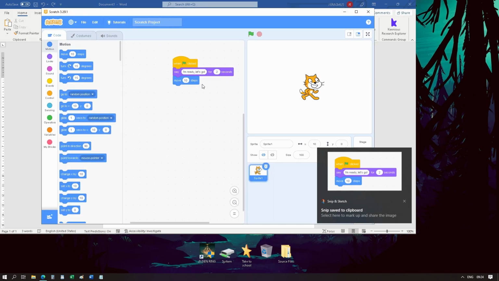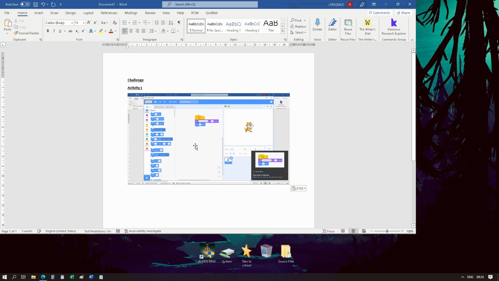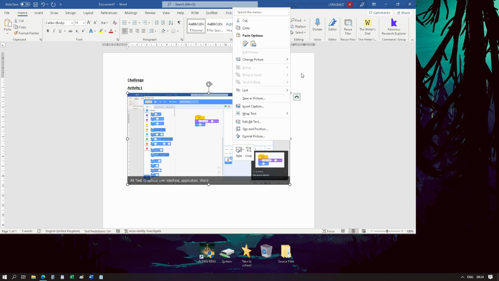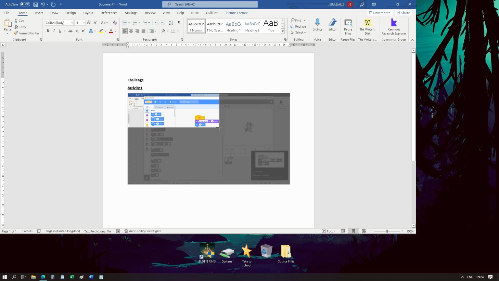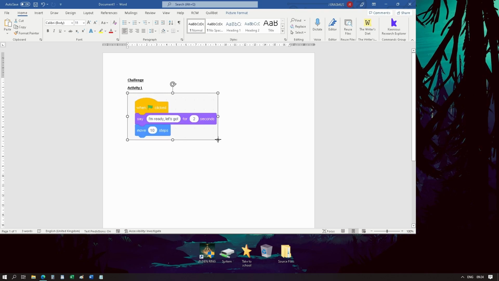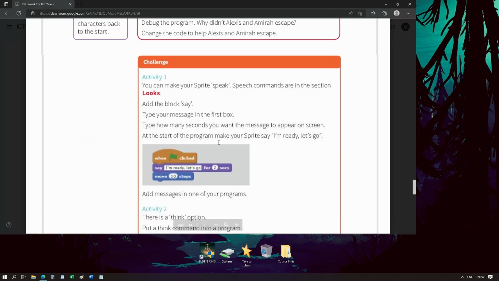Or you can just take a normal screenshot, and then you just make sure that you crop out everything that is not necessary for me to mark. So you're just going to put in that, because we just had to follow the first few steps. But now what they say is